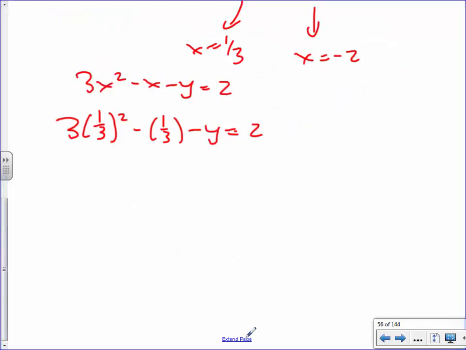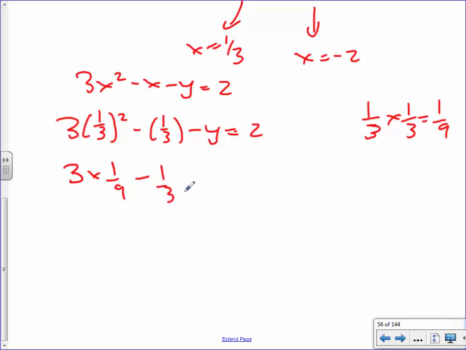Do you have to do the 1/3 to the power of 2 before you times it by 3? Yeah, PEMDAS comes first. Okay, so let's talk through that. 1/3 times 1/3 is 1 over 9. Makes sense? So what this is right here is really 3 times 1 over 9